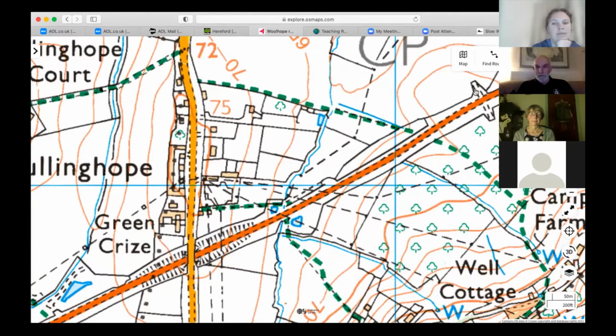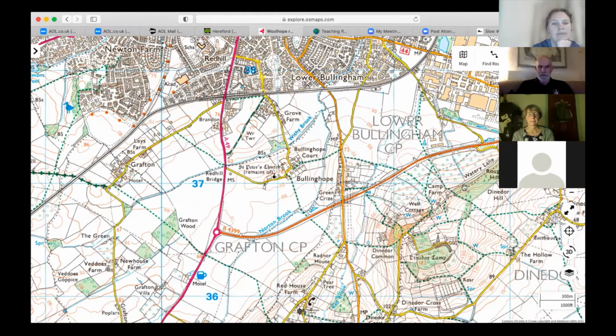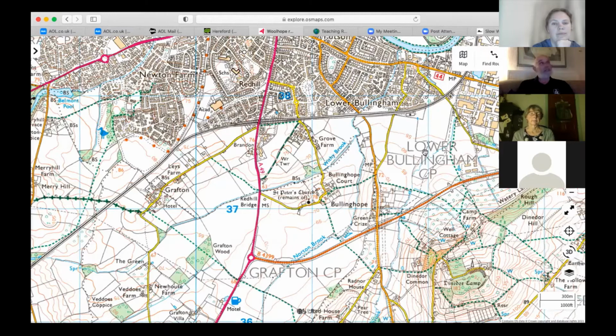Also worth mentioning, Edgelands. Don't know if anyone knows anything about Edgelands. Geographers call it the rural-urban fringe. All of this area we've been discussing around the edge of Hereford counts as Edgelands. It's where you get the sewage works, the industrial estates, the car showrooms, and there's a really good book published in 2011 called Edgelands. It's by a couple of poets, and it's great. It's slightly tongue-in-cheek, celebrating them as a kind of a lost wilderness. And it's got chapters on all kinds of slightly left field looks at things,